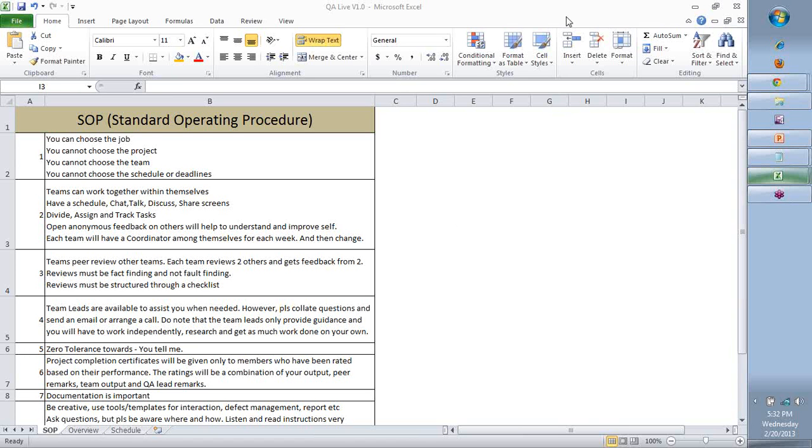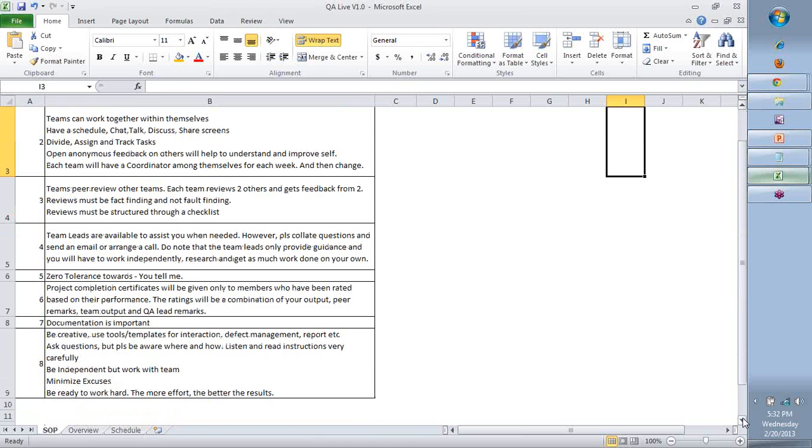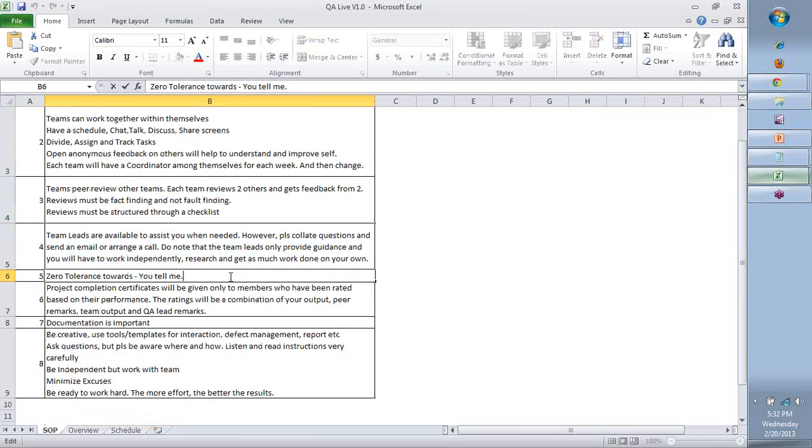Now, here are the other things that I need to mention. Then we'll go quickly to the project and timelines and so on. Now, one thing is zero tolerance, in the sense of rules. What should be the various things where we should put our own limits?